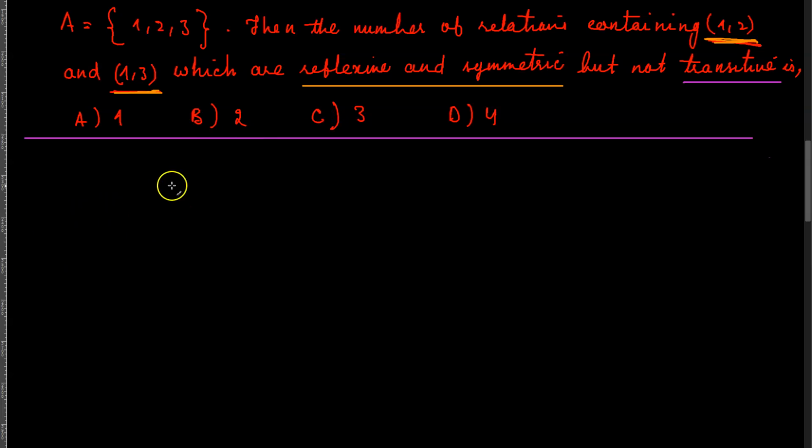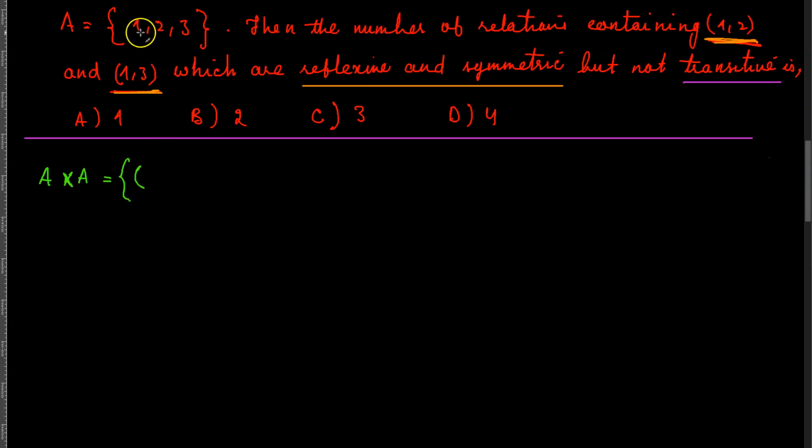Okay, so when you have a set A, which is {1, 2, 3}, and you want the number of relations on this set, that means we have calculated the Cartesian product of this set with itself, meaning that I need to calculate the Cartesian product of A and A,